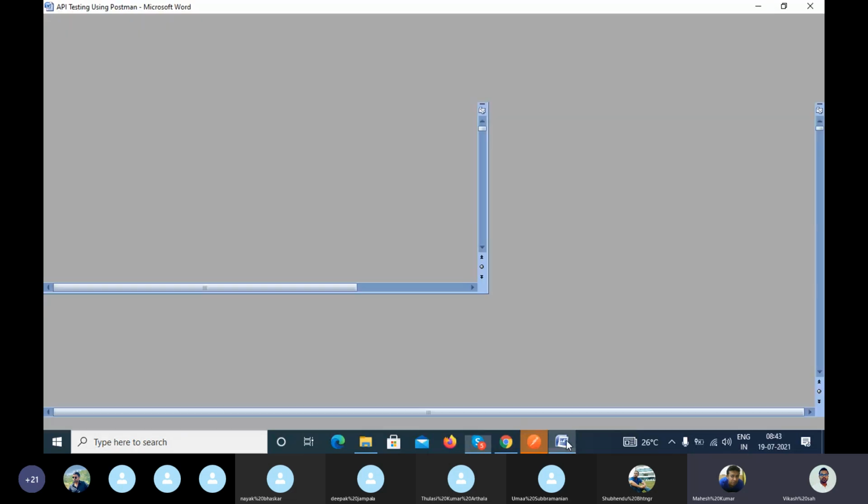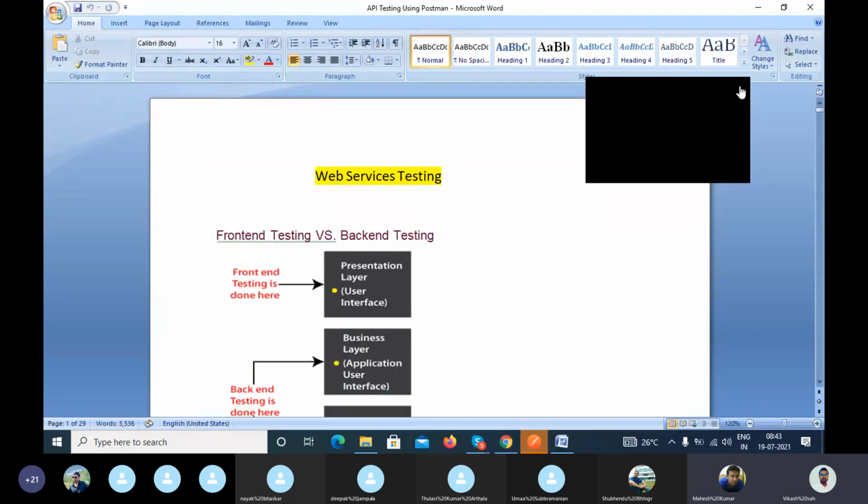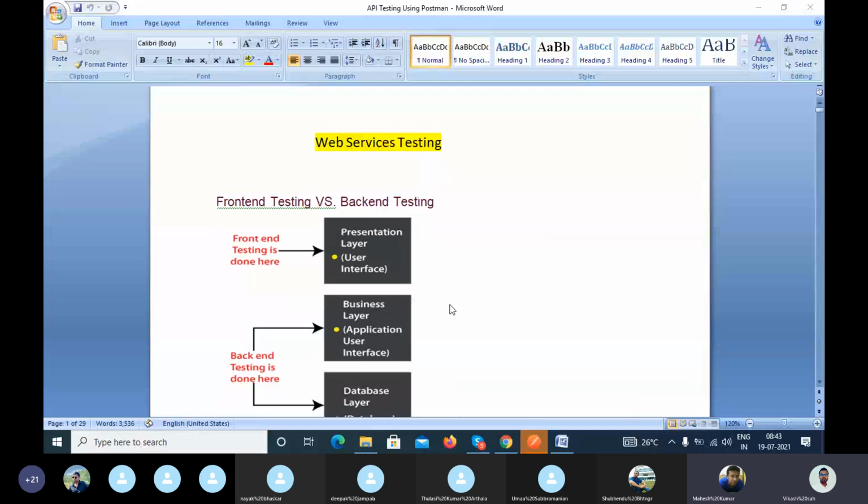So I have shared my screen. So guys, anyone can confirm that. Can you see my screen? Yes, yes, we can. Okay, fine, sir. So, yeah,